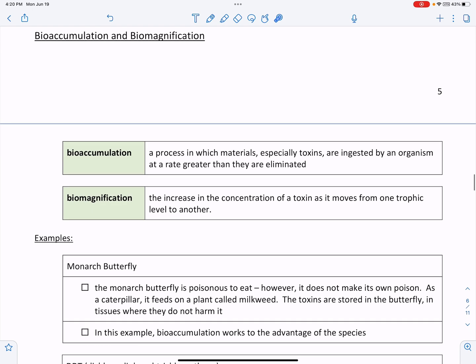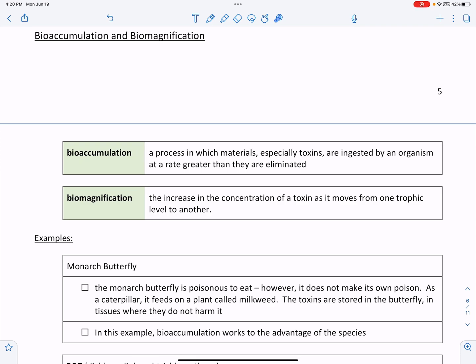We're going to take a moment to talk about bioaccumulation and biomagnification. Bioaccumulation is a process by which materials, especially toxins, are ingested by an organism at a greater rate than they are eliminated. So these toxins are accumulating inside the bodies